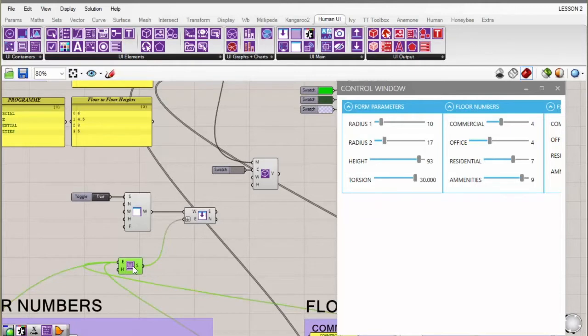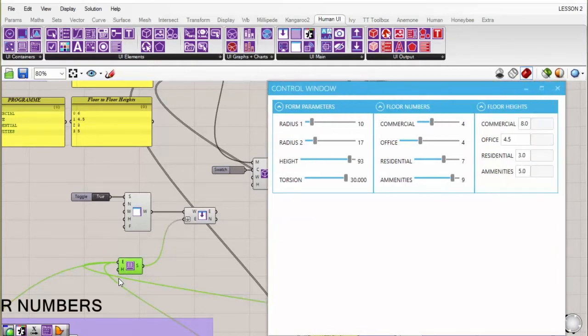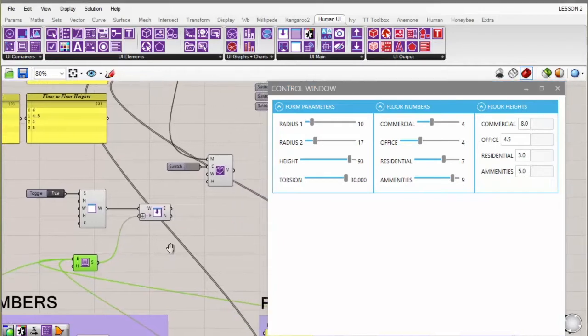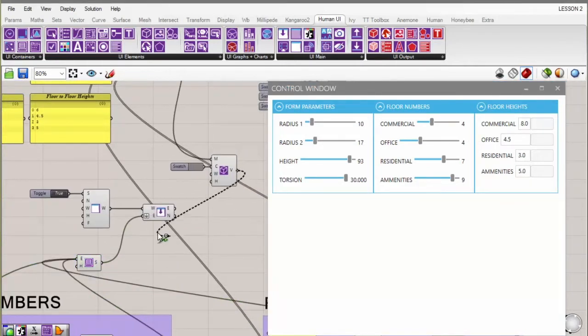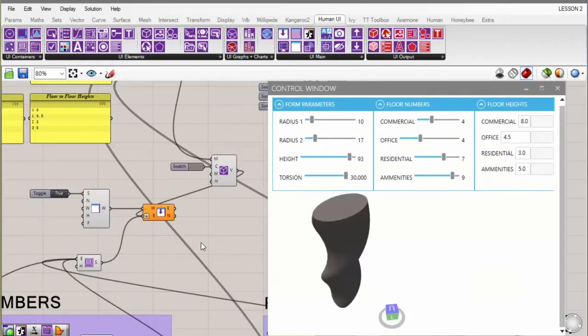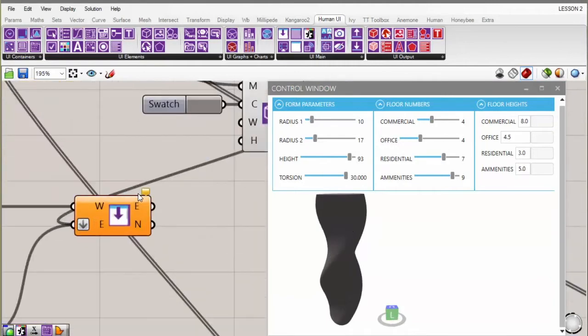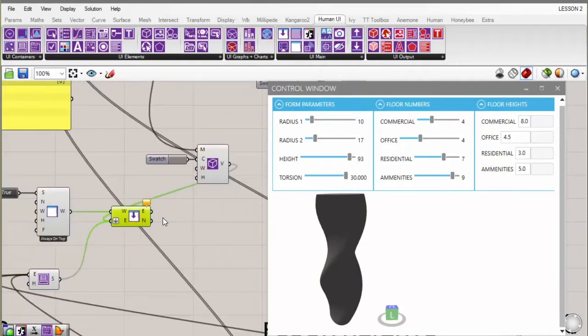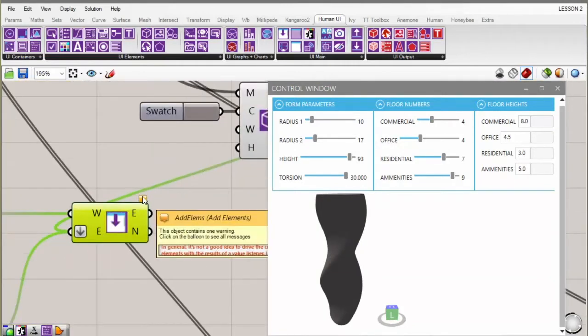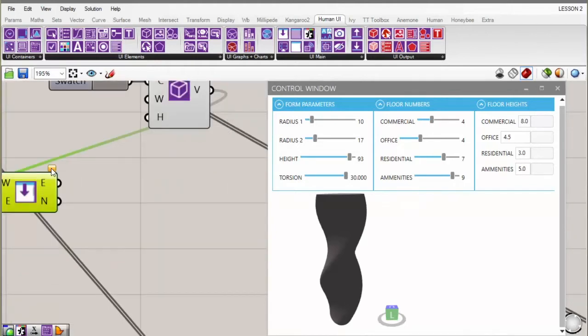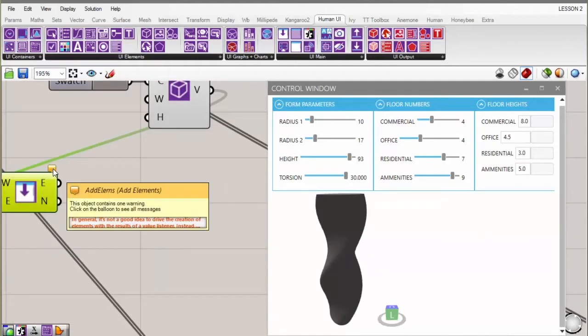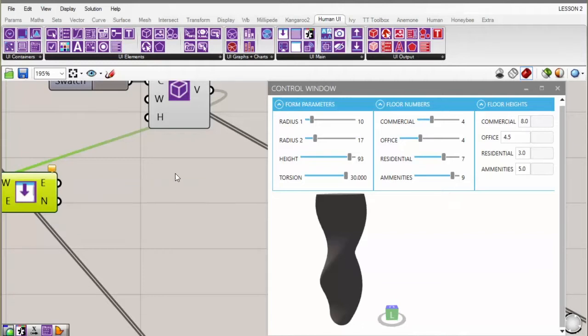So if you remember, we have all of these inputs in one single container, and that goes into the add elements window. So let's just add this one in there as well. And there it is. However, you might have noticed that this started to freak out as soon as I added it. And it says, in general, it's not a good idea to drive the creation of elements with the result of a value listener.